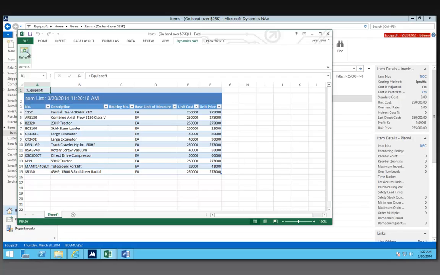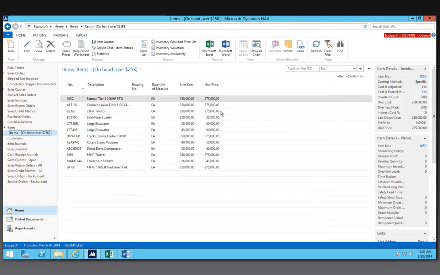Every time a new item comes in, if I add an item that costs $25,000 and I have some on hand, it's going to suddenly show up on this list. So it's an interactive filter, a very simple way to get a simple list out to people. Now the other thing I can do with this list, again, all in the name of trying to provide the user the ability to extract information from the system on their own, I could look at this list and decide